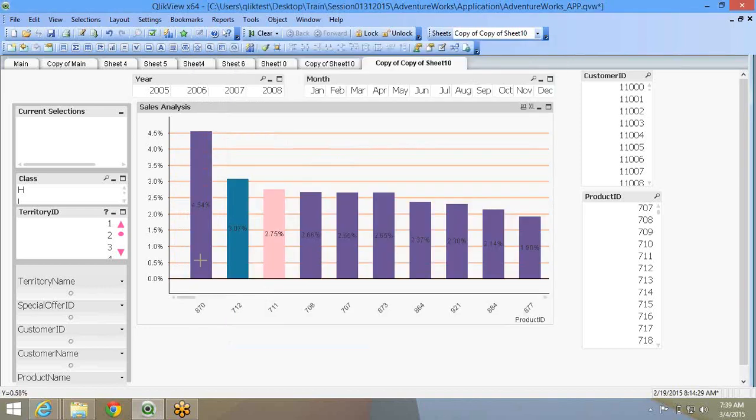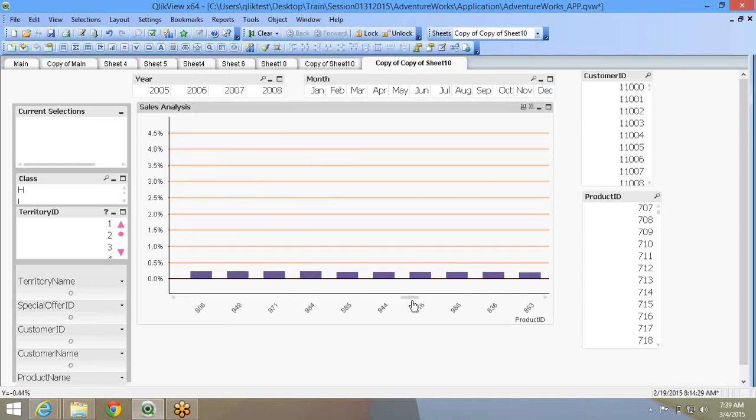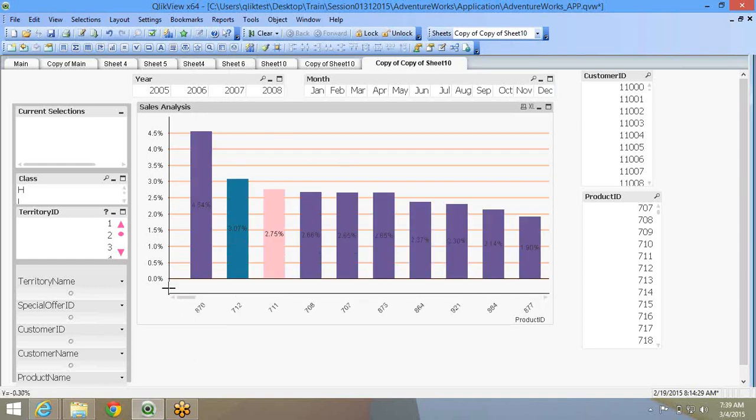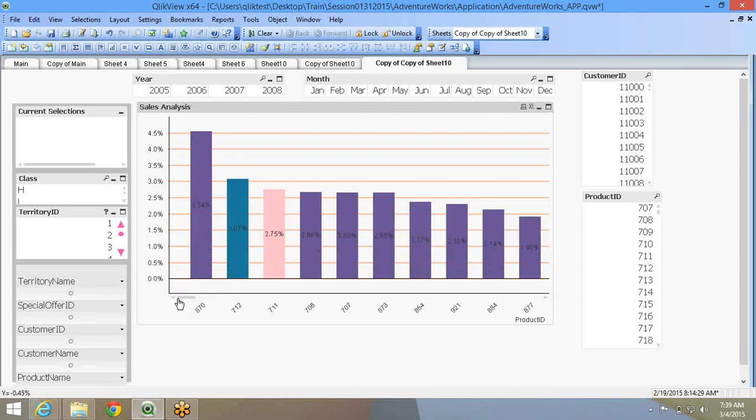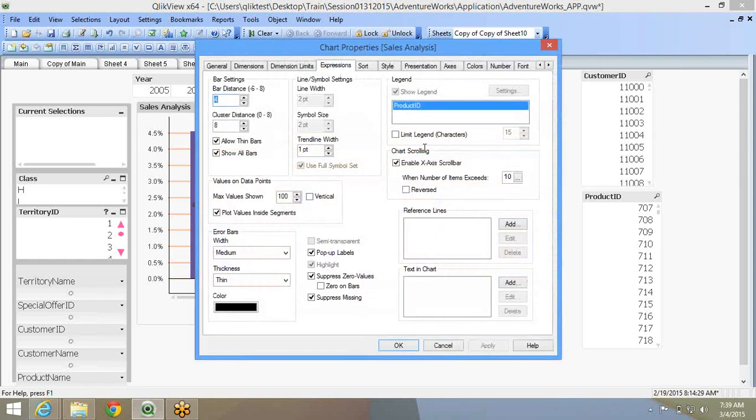If I say OK, the chart is going to display the first 10 and the rest will be a scroll. So the user can scroll and go to the last 10 too. It's a good interactive chart where you don't have to spend time creating two different charts, top 10 and bottom 10. If the user has to see the middle 10, it becomes a challenge, right? If you give him a scroll, he can see the products available in that range.